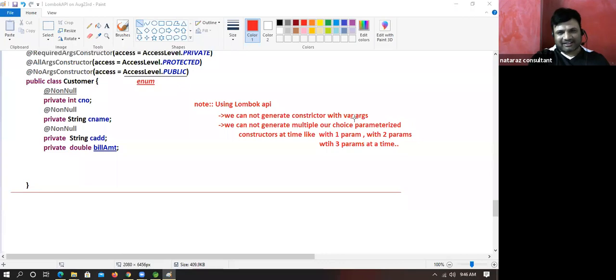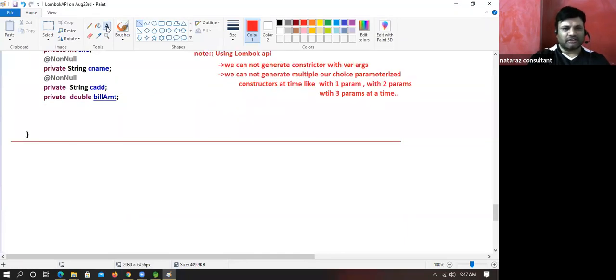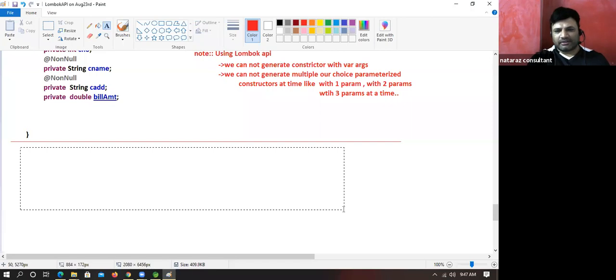I just wrote that statement. As per my knowledge, a vararg constructor is not possible. If the first statement is possible, indirectly the second is possible, right?